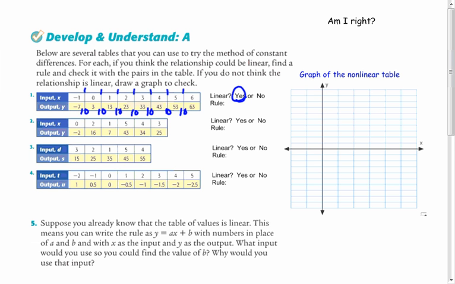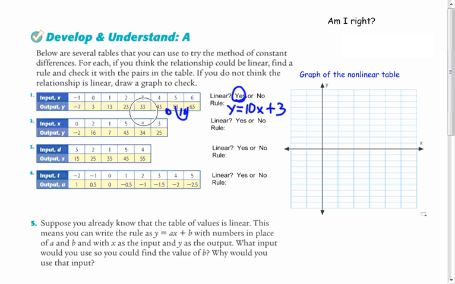And since it's a linear relationship, we're going to write the rule. y, our output, is equal to 10x. And we get 10 because that's our slope, 10 divided by 1, or our constant rate of change. And then when the input is 0, the output is 3. So we're going to add 3 to that. Okay? All right, on this next one,